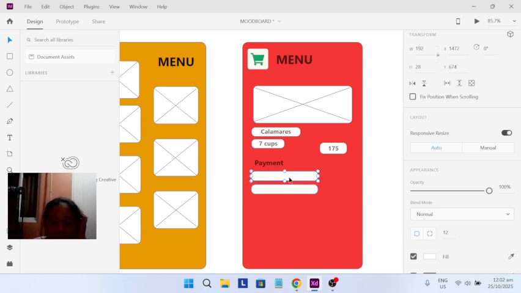Yung first is delivered, na i-delivered mismo sa bumili. Then ito is yung payment method, which is sa pag na-deliver na dun na mismo babayaran.